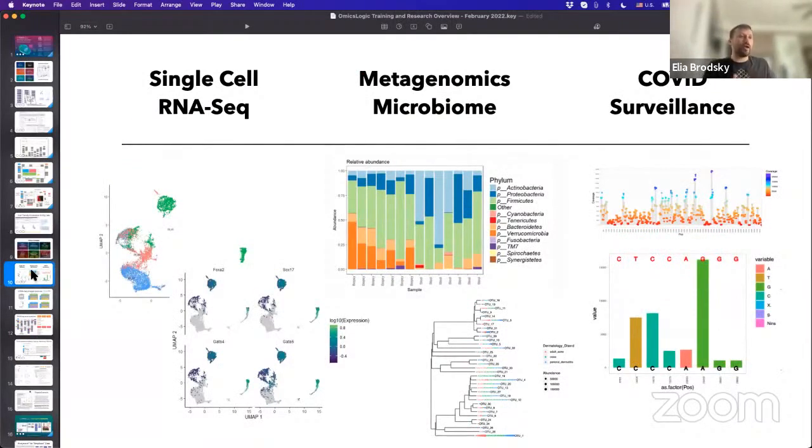I know that there's a lot of training and opportunities to learn more about each one of these topics coming up. Specifically, I want to highlight a big event that we're planning called the Omics Research Symposium, where we have experts from all of these fields, from the fields of cancer genomics and precision medicine, from COVID surveillance, as well as microbiome analysis, and importantly, bioinformatics and data science. How can you learn? How can you apply some of these tools, and how can you drive translational research that actually reaches individuals, patients, and populations and makes a difference? And that's really what this workshop is all about.